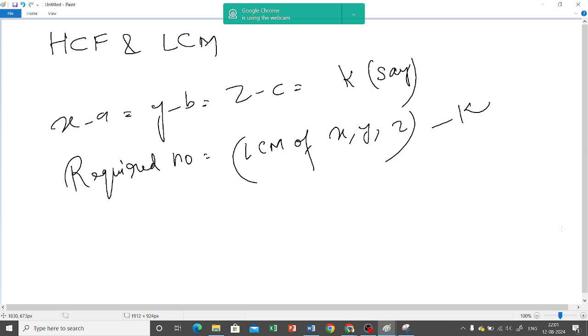To find the least number, সবথেকে ছোট number which when divided by x, y, and z, ঠিক আছে, so যে নাম্বারটা আছে সেটাকে x দিয়ে ডিভাইড করলাম, তারপর y দিয়ে, তারপর z দিয়ে, leaves the remainders a, b, and c respectively. If it is observed that x minus a equals y minus b equals z minus c equals k, মানে ওই ডিভাইজার আর রিমাইন্ডারের মধ্যে ডিফারেন্সটা সেম থাকে, এই ডিফারেন্সটা আমি k নিলাম, then what is the required number? The required number is LCM of x, y, z minus k. এই রুলটা লিখে দিয়ে আমাকে বলো, এরকম সাম করব।